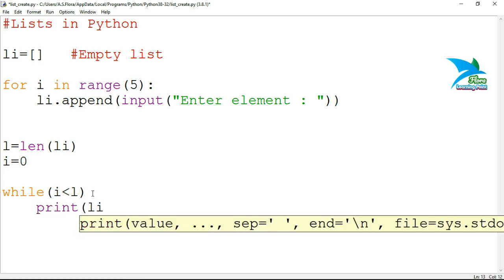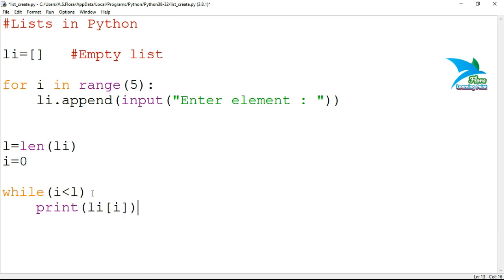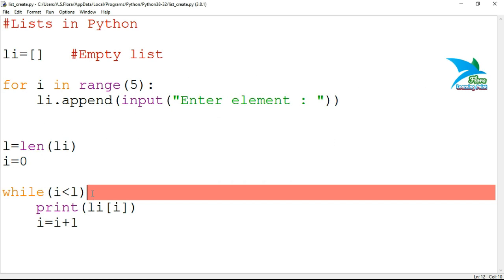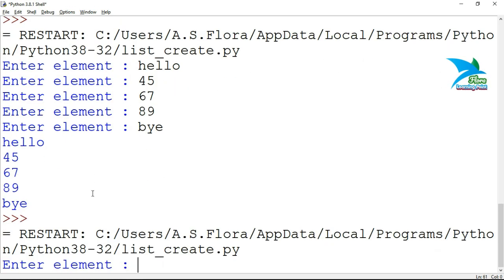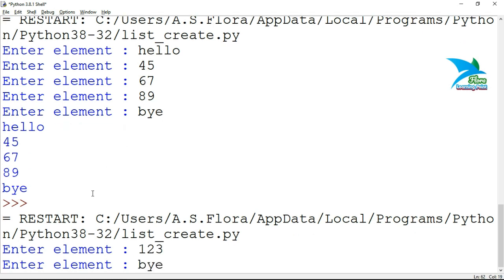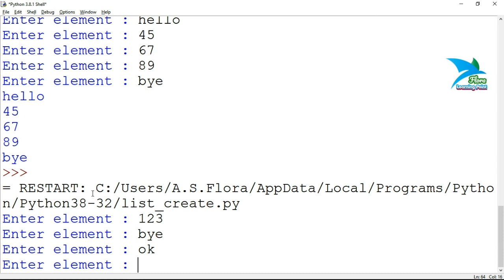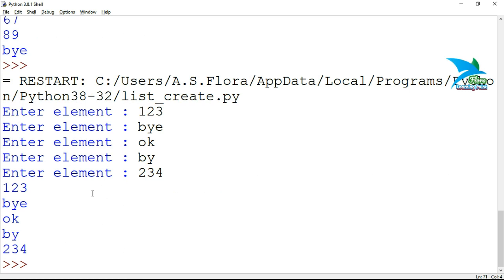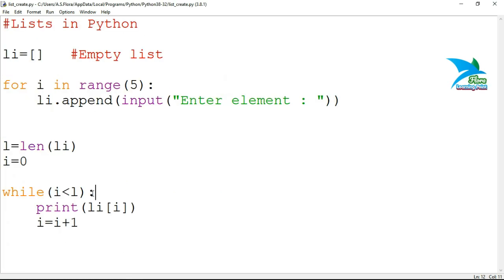Inside this loop you have to print li of i inside square brackets, and inside the while loop you have to manually write the updation statement, that means to update the value: i is equal to i plus 1. We have to specify a colon, then run this one. Now here we are having the elements.